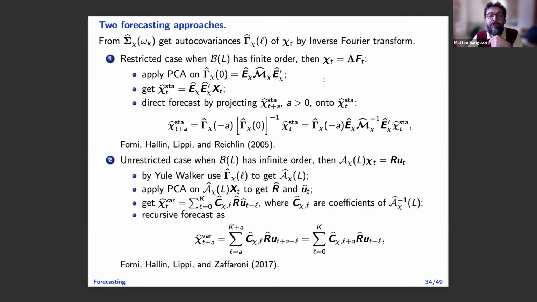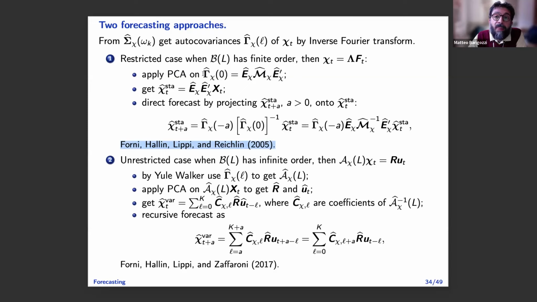So there are two ways to forecast the common component. I mean, they are using the purely dynamic approach, okay? There are many other ways. If you use VAR for the factor state space approach, that's something we don't touch on here. Okay, so we have the common component spectral density, we have the autocovariances of the common component. So this 2005 paper is a JASA paper, which I think is beautiful, because this is one of the best ways to forecast. It works quite well, okay?